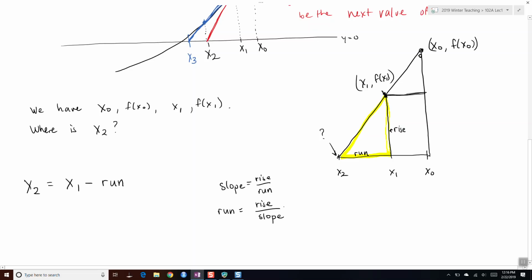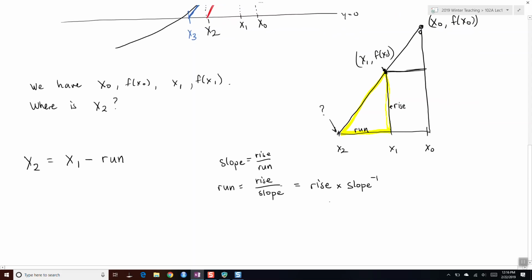All right, now, how do we figure out the slope? Okay, so I'm going to just rewrite this. So run is going to equal the rise times the inverse slope, okay? And we know the rise is equal to f of x1. Is that okay? And so now the last thing we need is the slope,